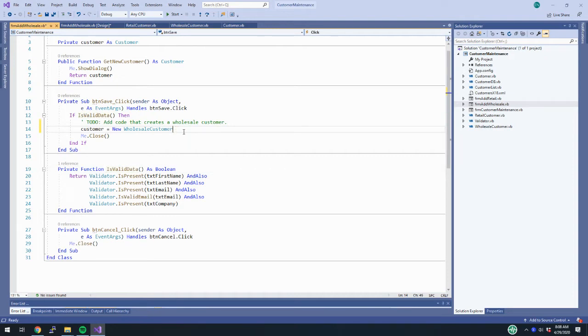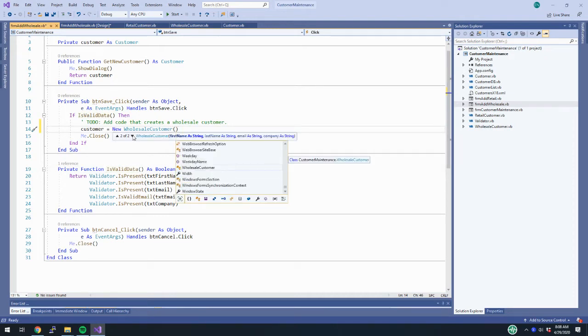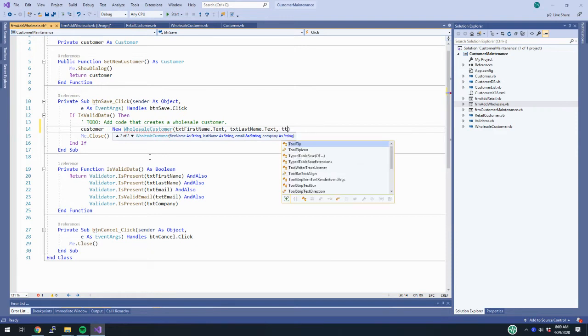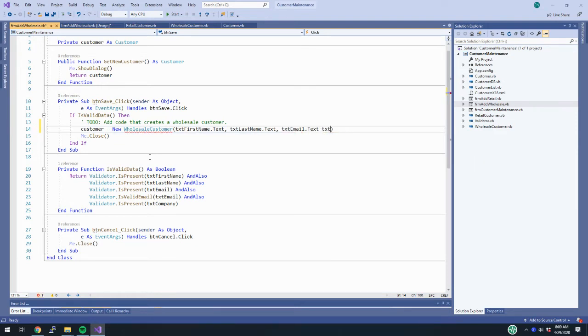So we have 2 constructors. We have the empty constructor, or we have the one that accepts a first name, last name, email, and company, and those are all strings. Well, that's what we want. So we're going to do txt first name dot text, txt last name dot text, txt email dot text, txt